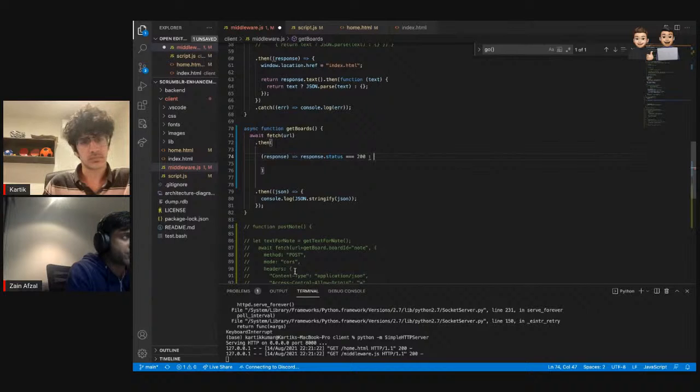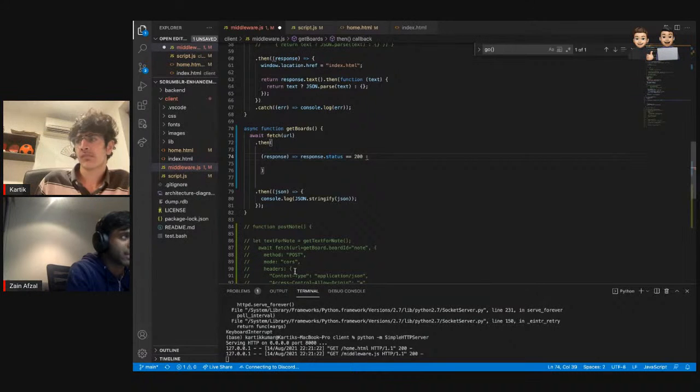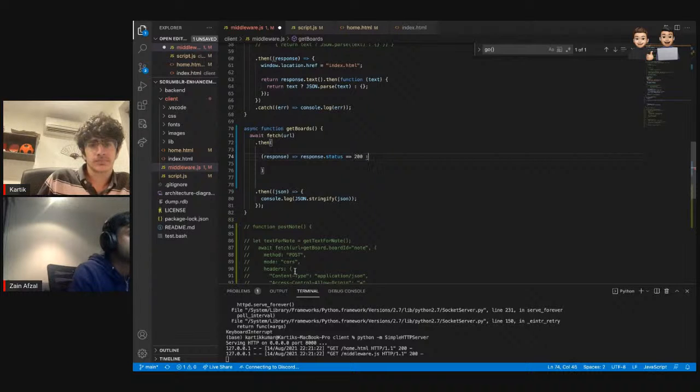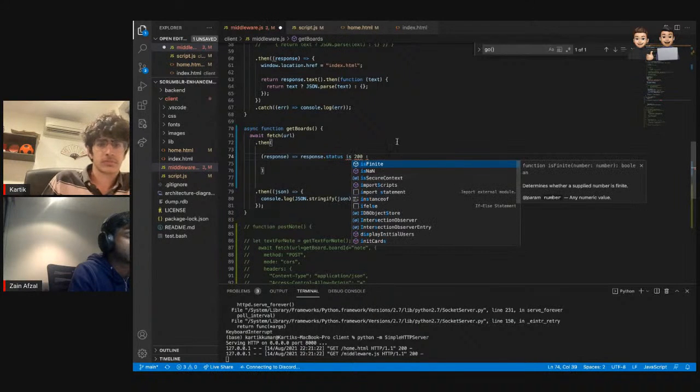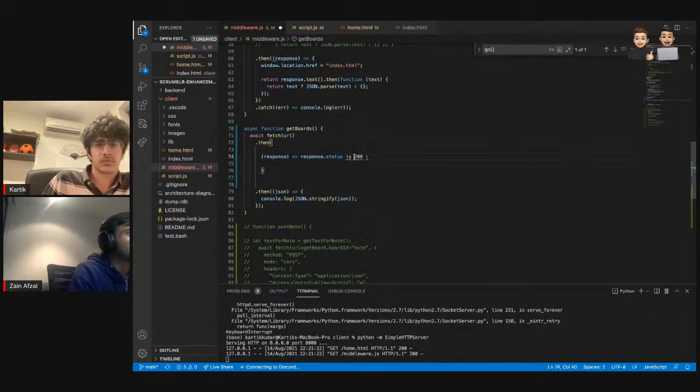I would want you to confirm that, because if you're using the triple equals sign, then it only works if the status property is an integer. Otherwise, it won't work. But let's just keep it as is.